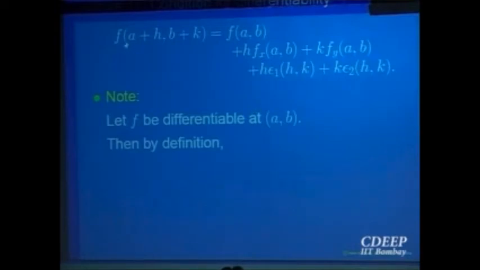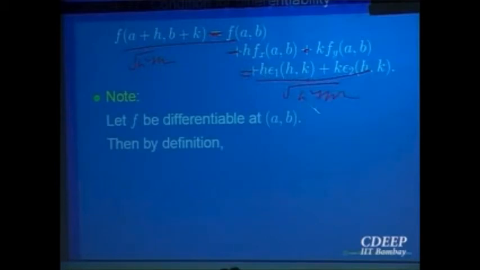So I want to compute f of (a plus h, b plus k) minus f of (a, b), minus the linear things, that is the derivative, I take it on the other side, divided by the increment, and I want to show that goes to 0. That is the meaning of differentiability for one variable also. And that happens here, obviously, because if I take everything on this side and divide this by square root of h square plus k square, let me just write here. If I write this as minus and divide by square root of h square plus k square, this is equal to this divided by square root of h square plus k square.